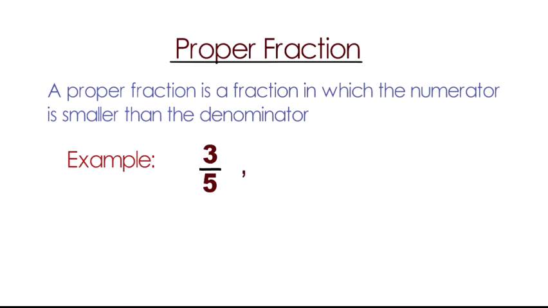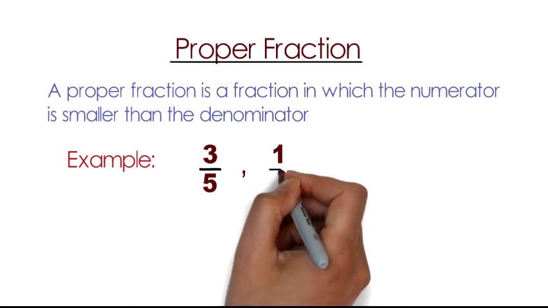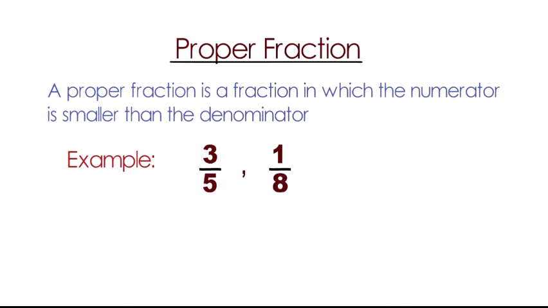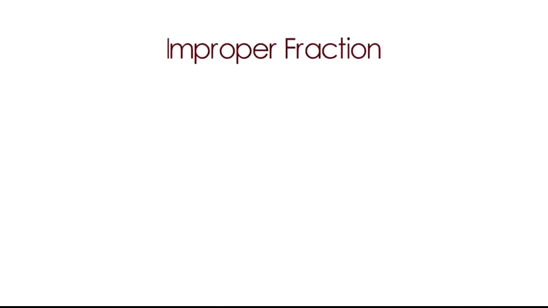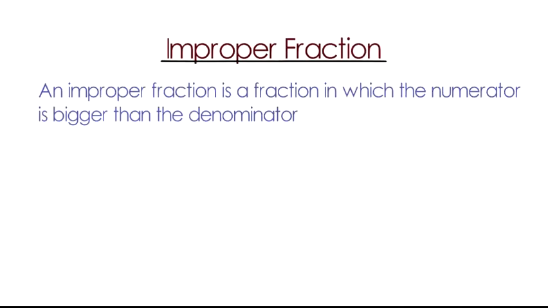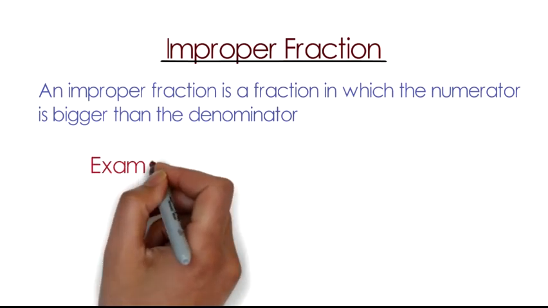Let's consider another example. 1/8. Also, in this example, the numerator, which is 1, is smaller than the denominator, which is 8. So, we can identify a proper fraction if the numerator is smaller than the denominator. Next is improper fraction. Improper fraction is a fraction in which the numerator is bigger than the denominator. An example is